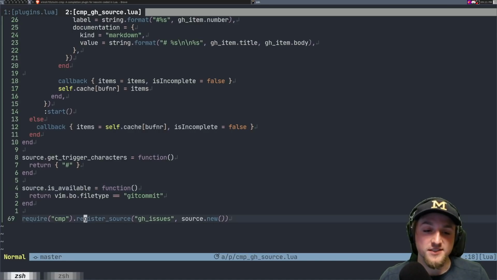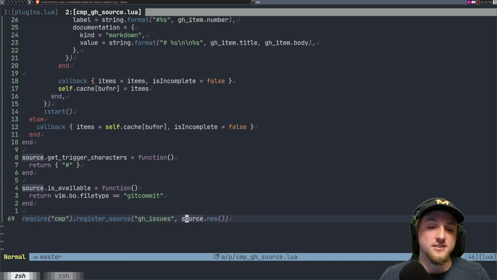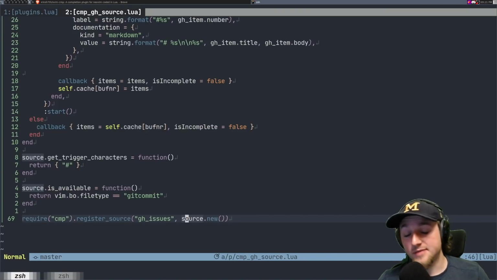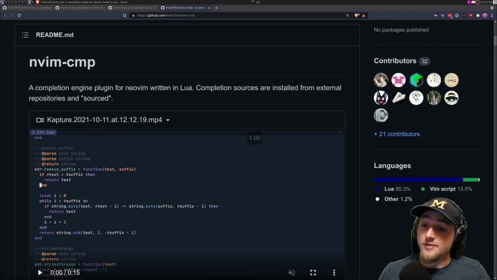So with all these things together, the very last thing that you need to do is just register the source with a name and then call source new, which basically just says, hey, give me that new thing that I need to be able to call. After we do that, we're all done. And that gives us exactly that experience that I just showed you before to be able to complete the issues and show all the documentation. You could totally imagine extending this to do PR numbers if you wanted for when you're making comments or anything else like that. I'll probably write some more for myself as well. All right. And with that,